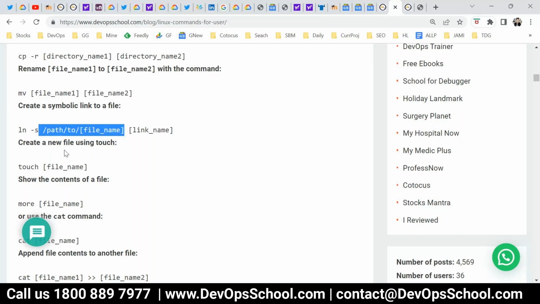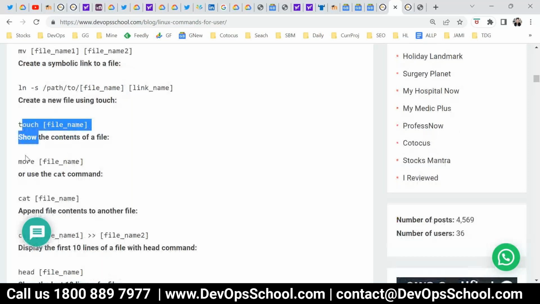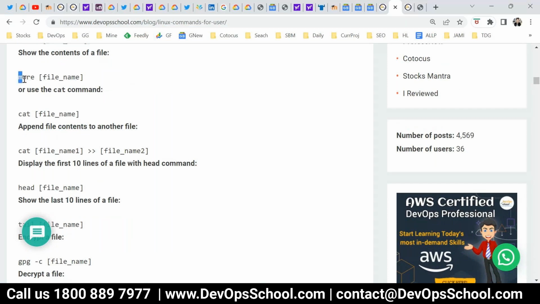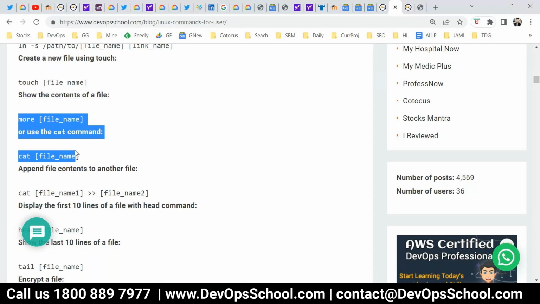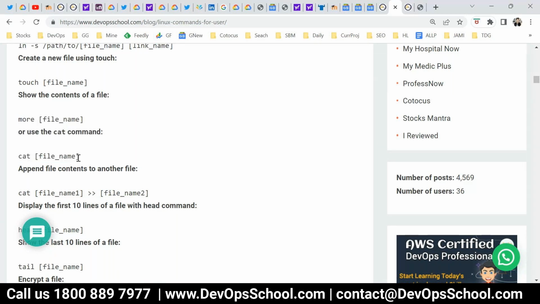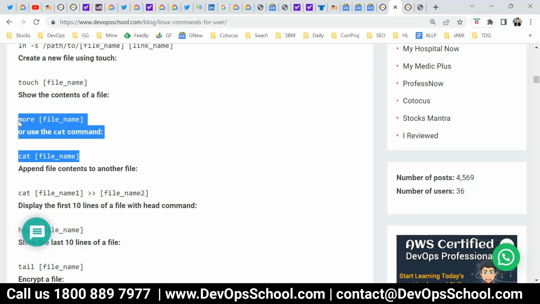Now touch is a command to do many operations. Touch is basically to change the timestamp to the current one, but it also creates a file. Okay. Just now I used the more command. More command will print the file, but in a pagination way. You can use more, cat also. See, these commands are for displaying, printing the content of the file. You can also use less, no problem.